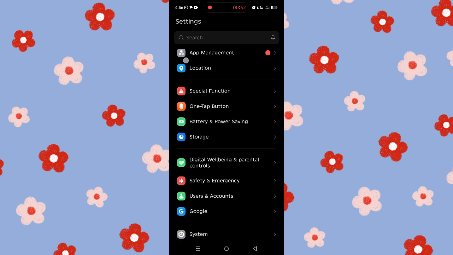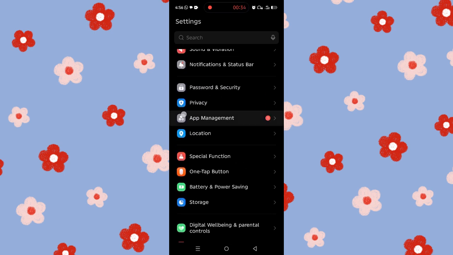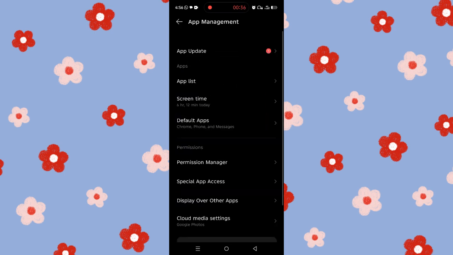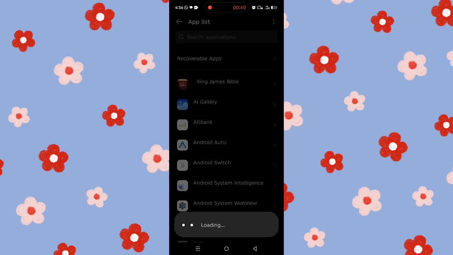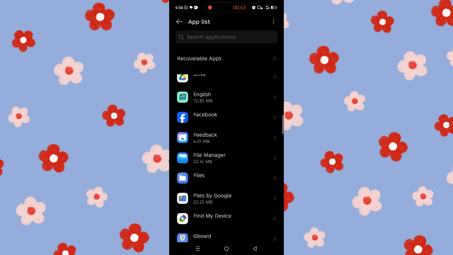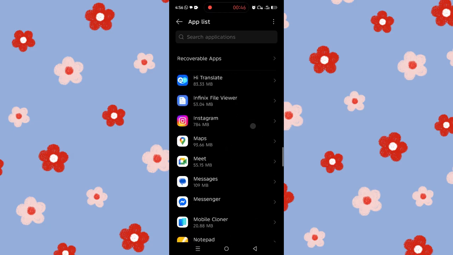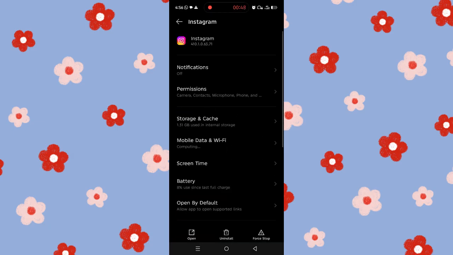But on my own phone right here, which is an Android, it's under app management. So go there. Mine is under app list. I'm going to go to where the apps are located. Once I'm here, I'm just going to look for Instagram right here, and once I click on it, if you're using iOS,